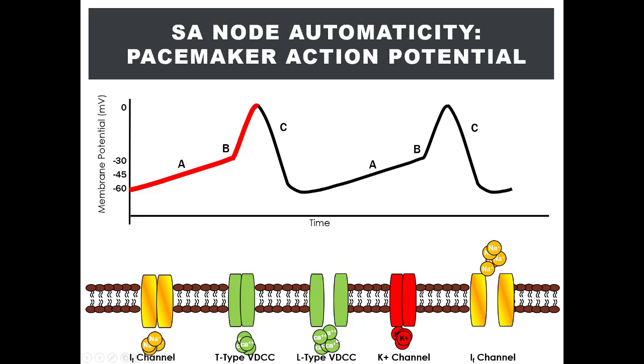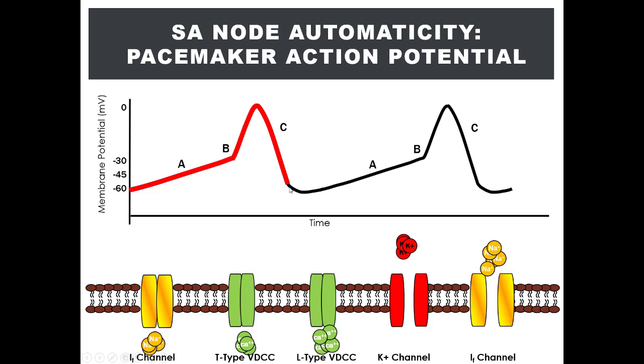Okay, so as we know in electrophysiology, after an action potential is generated, the membrane potential needs to return back down. And this process is called repolarization, which is essentially the opposite of depolarization. And like all cells that are excitable, the SA node repolarizes through the efflux of positively charged potassium ions. So your SA node gets rid of positive ions to make the membrane potential less positive.